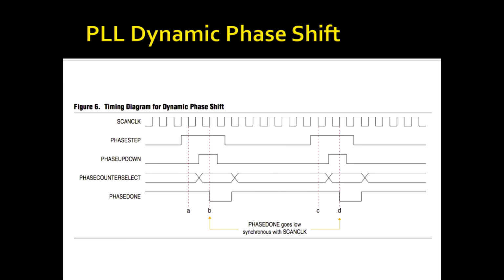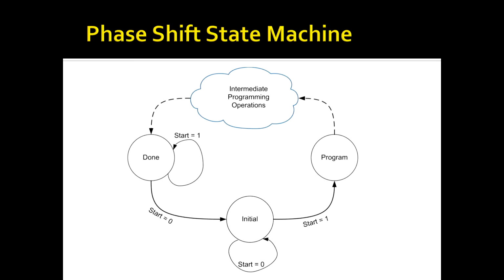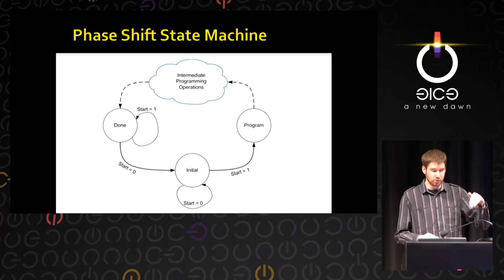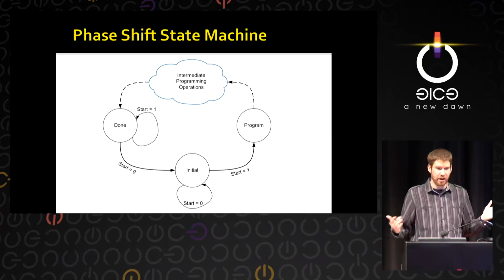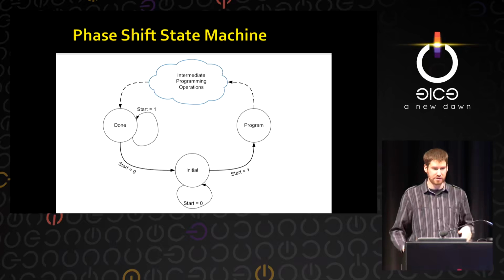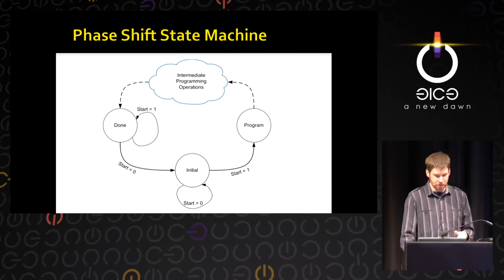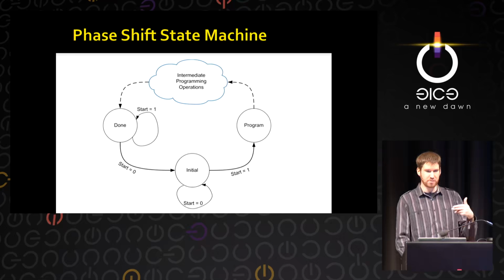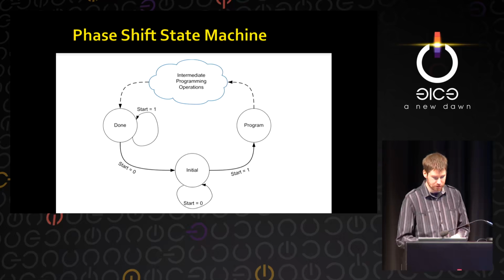So this was looking kind of complicated to get all these timings right, because the FPGA I was using had a soft CPU in it. So I ended up having to make a state machine because my soft CPU was so slow in relation to the PLL's ability to shift its phase that I would say, go shift by what I think is 1 degree, and it would come back with like 7 or 8 degrees of shift, which, to be scientific about it, I wanted to go 1 degree at a time so I could see the effects with each degree of shift.